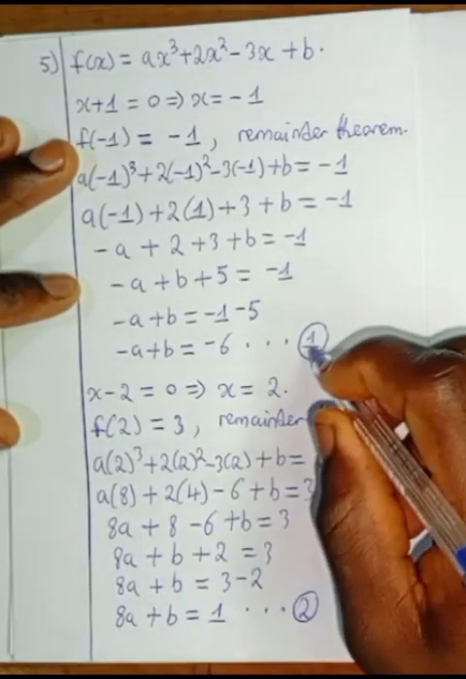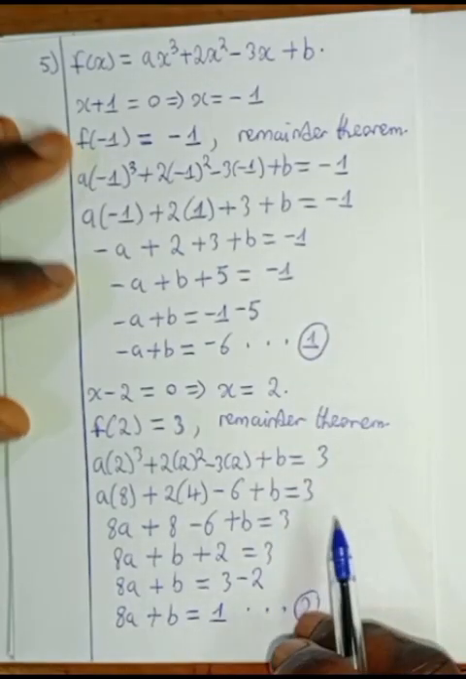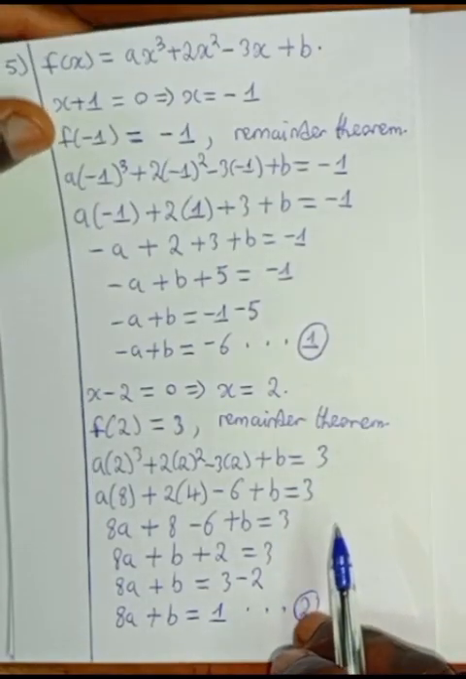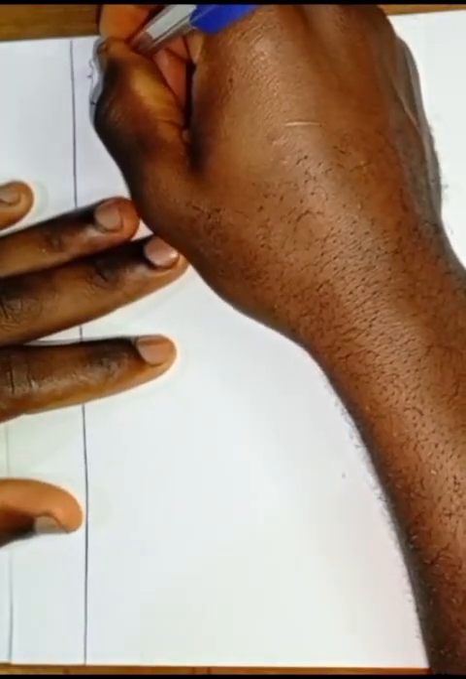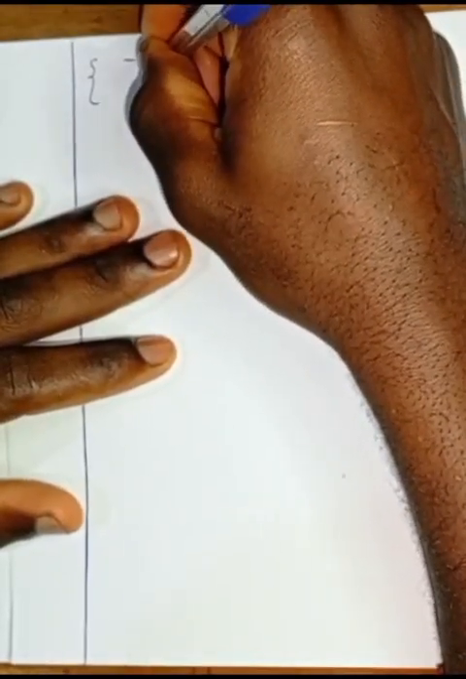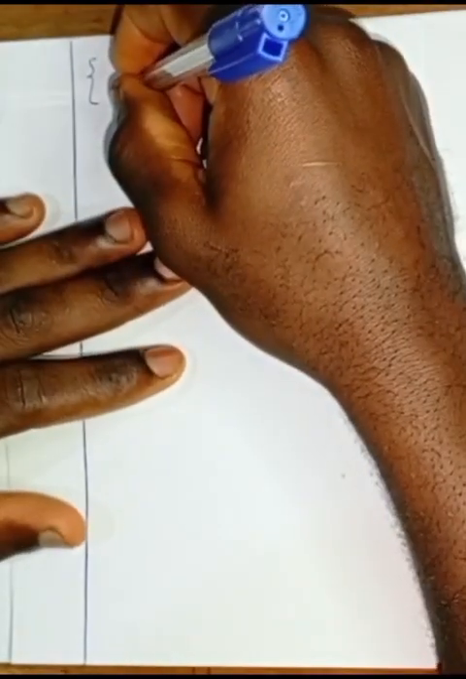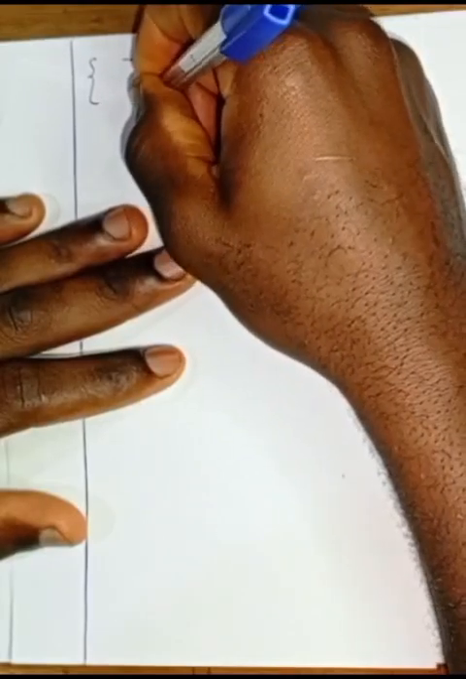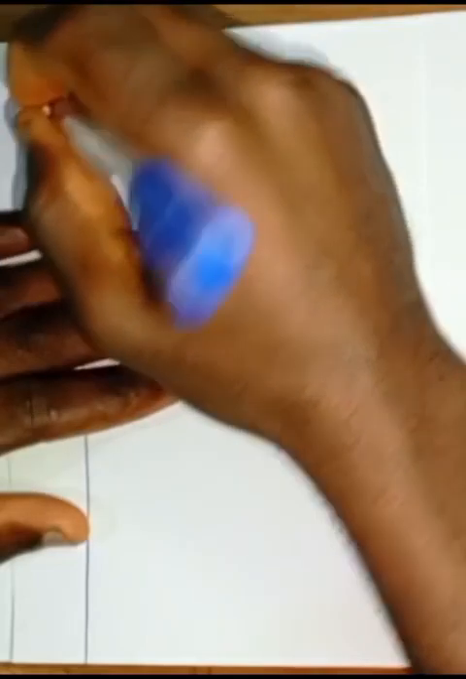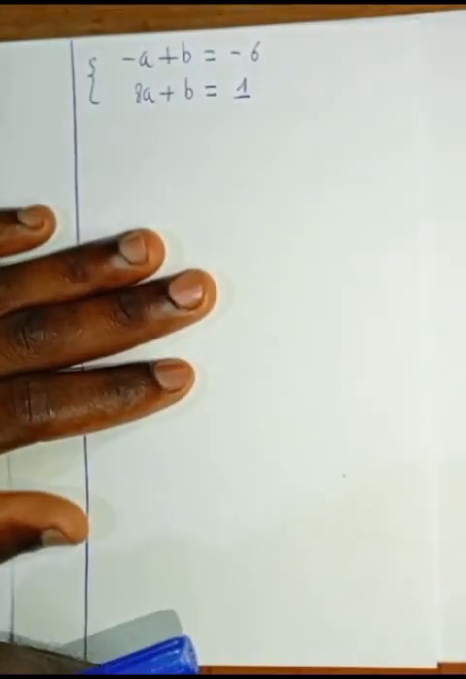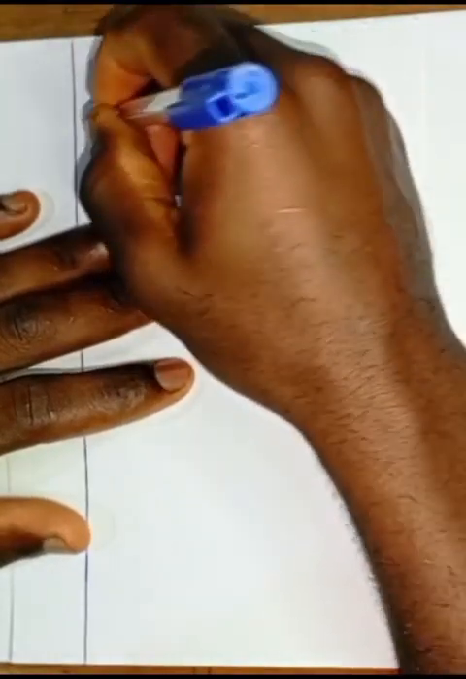We have a pair of simultaneous linear equations. We can solve this pair of simultaneous linear equations to find the values of a and b. Writing down the pair of equations, we have -a plus b is equal to -6 for equation 1. Equation 2, we have 8a plus b is equal to 1. If we subtract the two equations, we are going to eliminate b. Equation 1 minus 2,